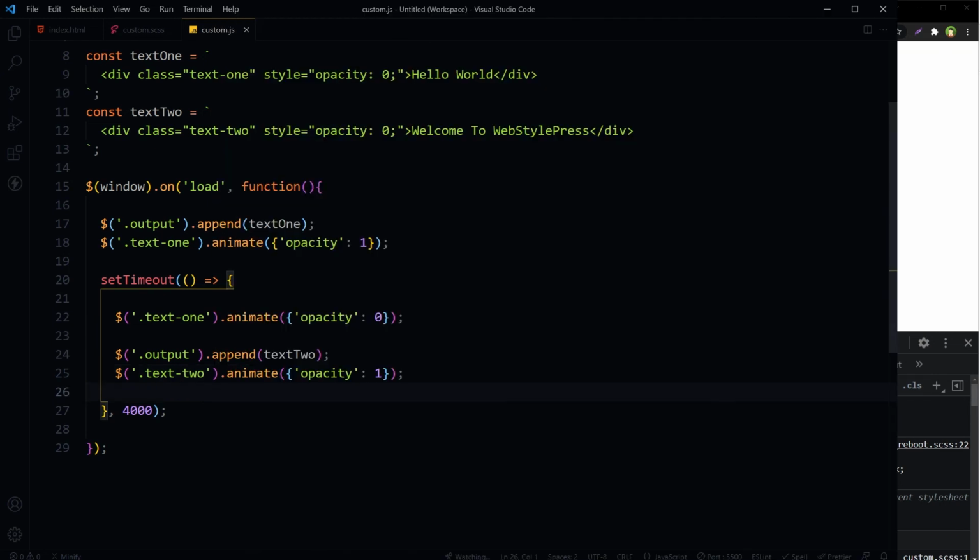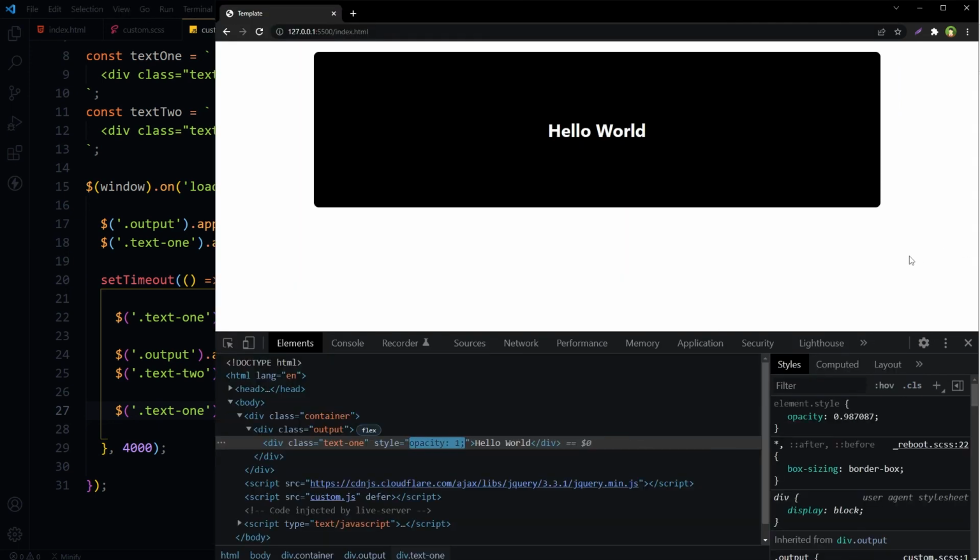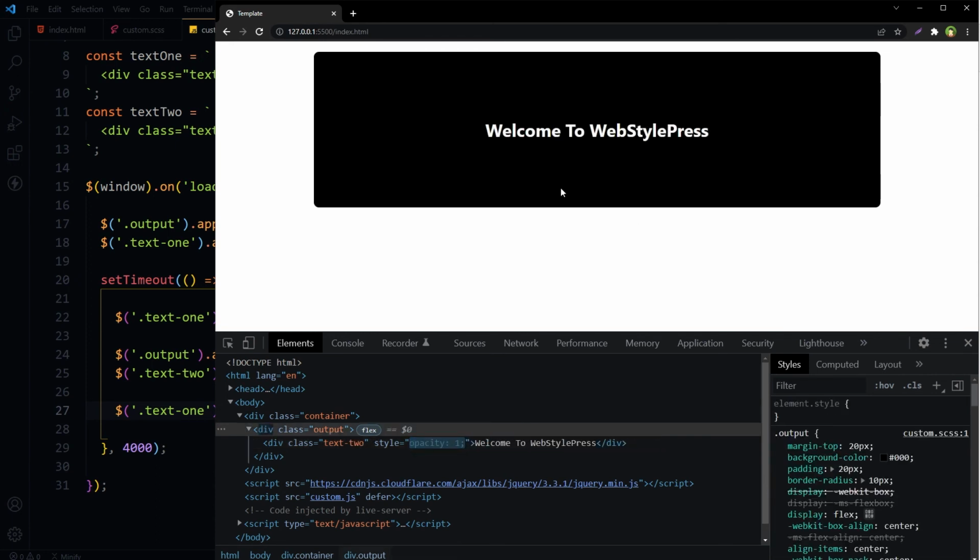So we can remove the first div. We can use the remove method. Refresh. First div appeared, and then second appeared, and first faded out.